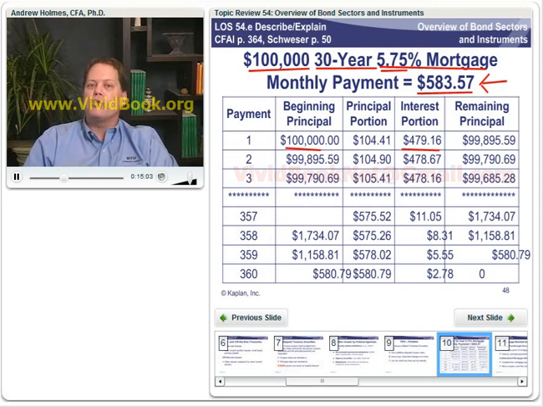So what happens? The first month at time 0, you borrow $100,000. You make a payment at the end, 1 month in. You get $104.41 in principal reduction. So after your first payment, your mortgage balance goes down to $99,895.59. That's the amount of principal that you have to pay interest on in the second month. Notice that while it's a fairly small impact from 1 month to the next, the interest payments are going down through time. Why? Because the principal is getting smaller, and the principal payments are going up through time, so that when you make that last payment, almost all of it is principal reduction, right?